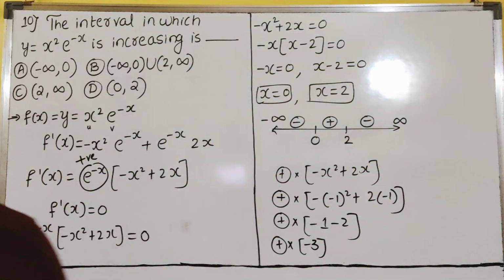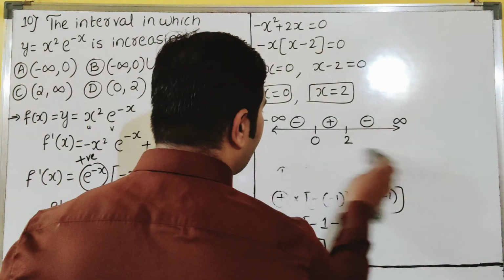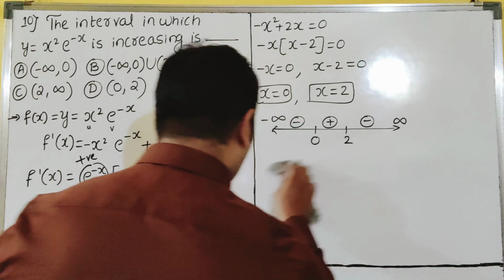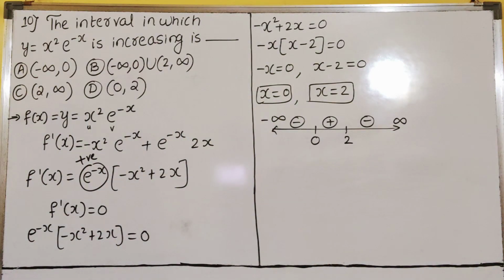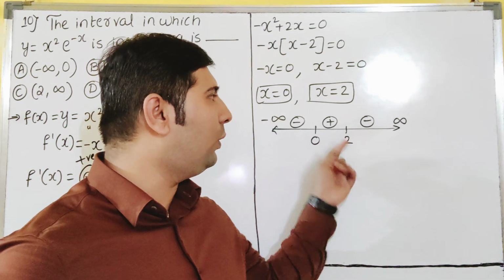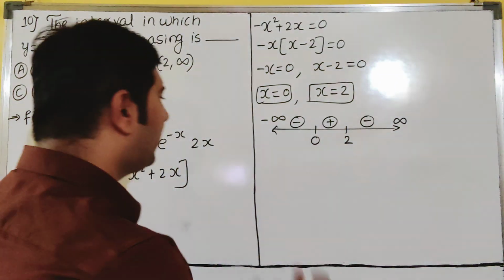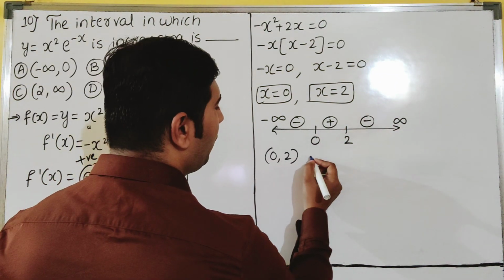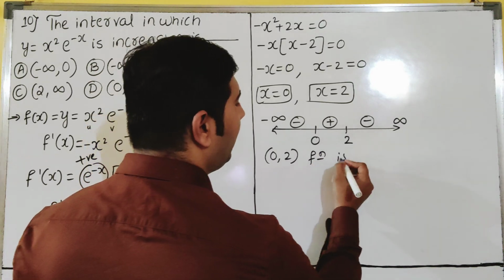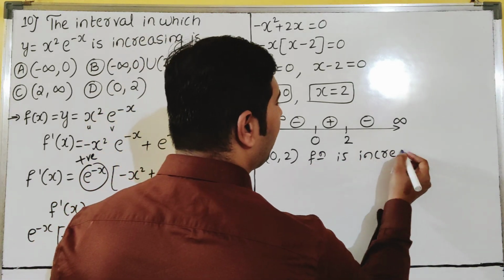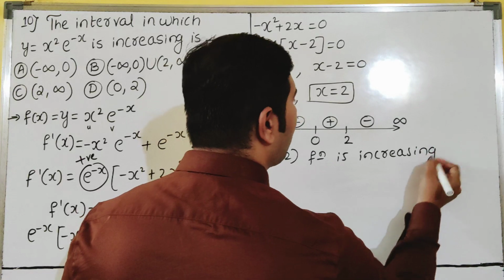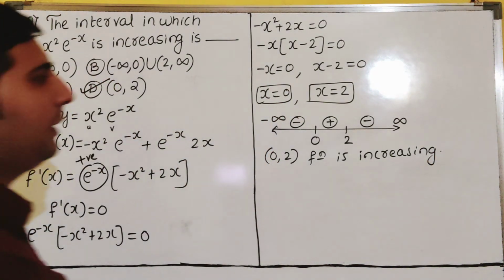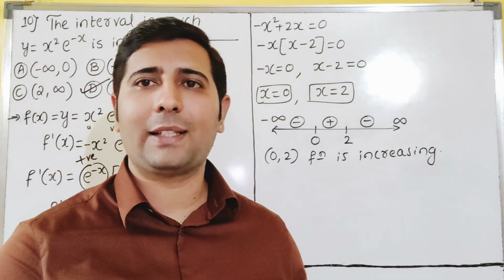Function is decreasing there. So in which interval it increases, you only see, dear students. Can you see here where the function is increasing? From 0 to 2 positive is coming. So that means function is increasing in 0 to 2. So which option is correct now? That is matching with option D, dear students. So D for Delhi. Delhi is our correct answer.